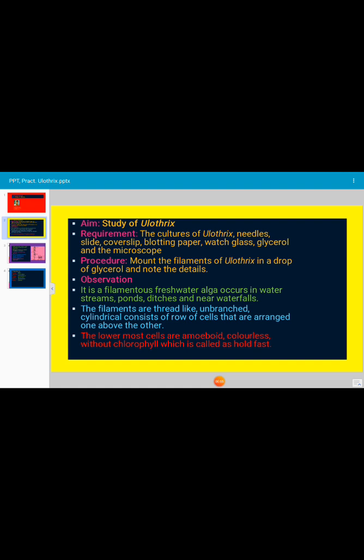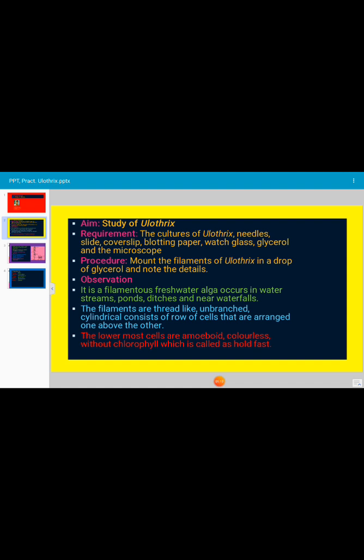And in the observation, what do we have to write? We have to write details about Ulothrix. It is a filamentous alga. It is a freshwater alga because it occurs in fresh water. It is very common in streams of water, ponds, ditches, and near waterfalls. The filaments are thread-like,